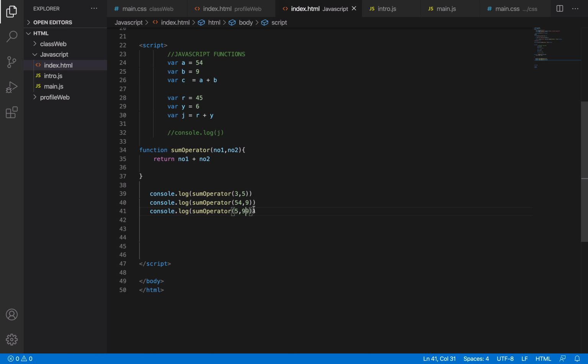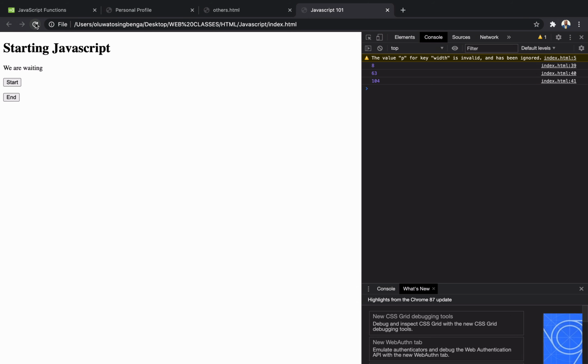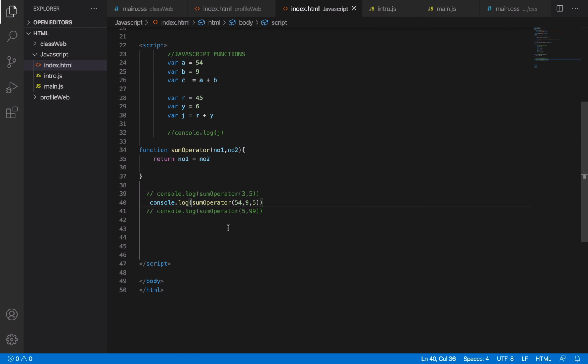Then, so now can you do like 5 here for the third one? For the second one, let me increase it. This is going to throw error. The reason it's going to throw error is because the function sum operator is only taking 2 arguments, 1 and 2. So if you pass 3, it might even throw error. Let's see, or it will not. It will just ignore the third one. Yeah, obviously it ignored the third one. So it doesn't mean it's going to do 54 plus 9 plus 5. So it just ignored the third one because here we only require 2